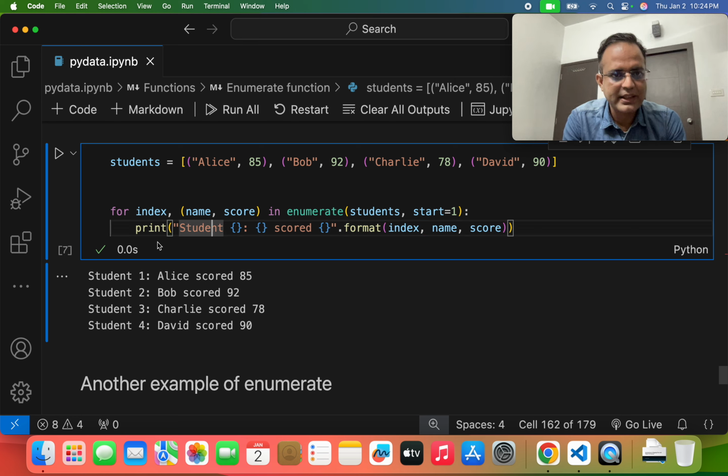How are they doing that? They just write down the print student, within empty second bracket, scored, within empty second bracket, double inverted comma close. So we are using three blank second brackets within inverted commas. Within these three blank second brackets, they are passing index first, second the name, third one